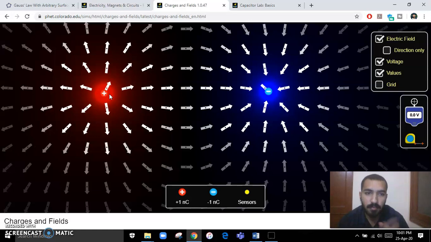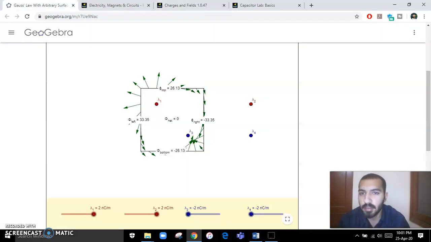If we had an option of a surface here, we could put that surface perpendicular to this charge and easily monitor our flux, meaning the electric field passing through that surface. This is our flux. We don't have this surface here. So for calculating and visualizing the flux, I have found this simulation.